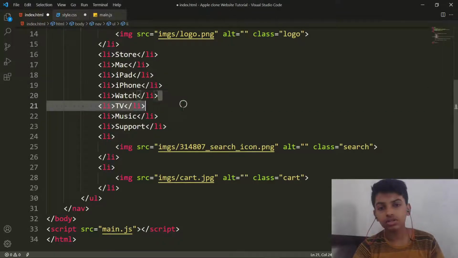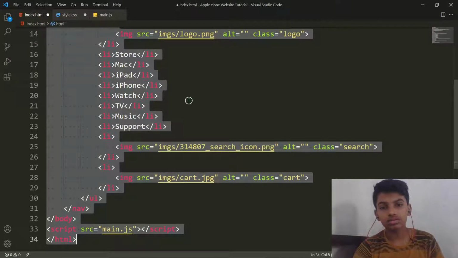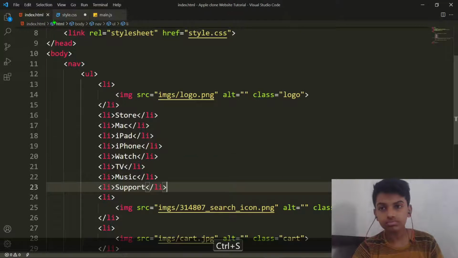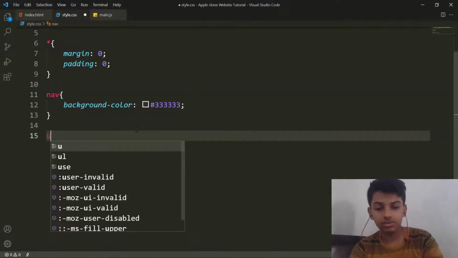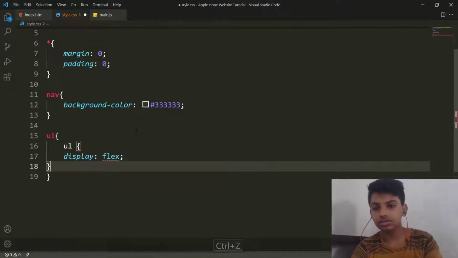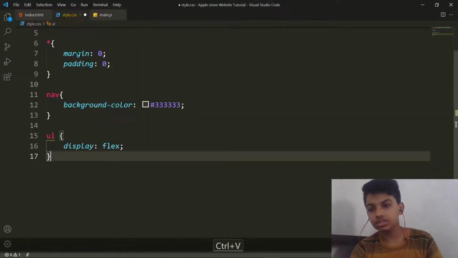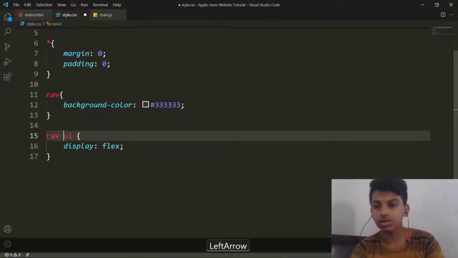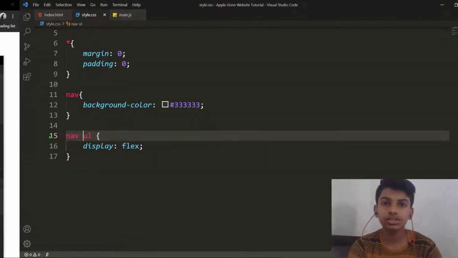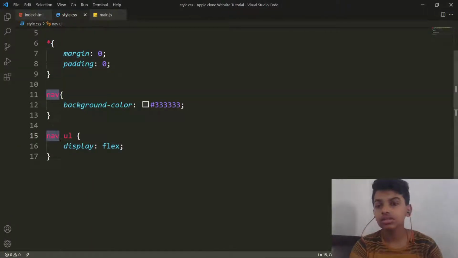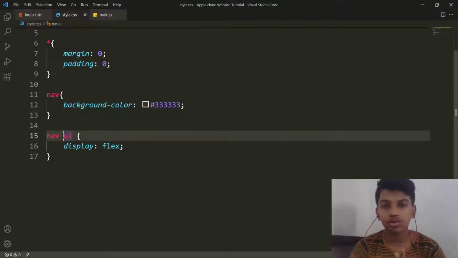And yeah, one more feature of screencast is you can see my cursor as a round circle, so it gives better visibility. So I'm going to paste it in ul. So ul, and I paste it over here. Okay, I had already copied. So instead of ul, I'm going to write nav ul, because I may be using ul in the future. So what nav ul does is it tells that the ul which is inside nav. Okay, the ul which is inside nav, and if I just target ul, then it would apply to all the uls which I would have